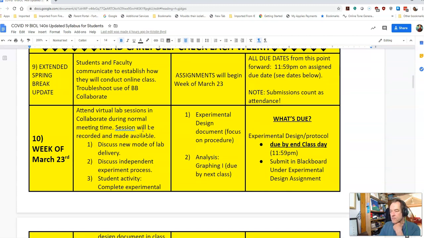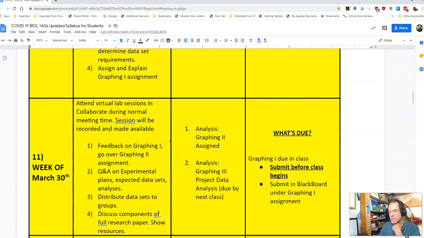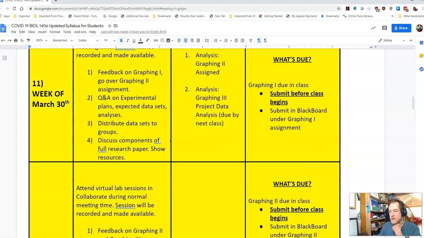And we've got the various things that we're doing and when. We haven't really changed the laboratory syllabus too much. It's just the way we're doing it. Of course, it's all going to be occurring virtually rather than face-to-face, and the assignments will be handed in virtually rather than by hand, face-to-face in lab, of course. The biggest difference for our laboratory is going to be the fact that